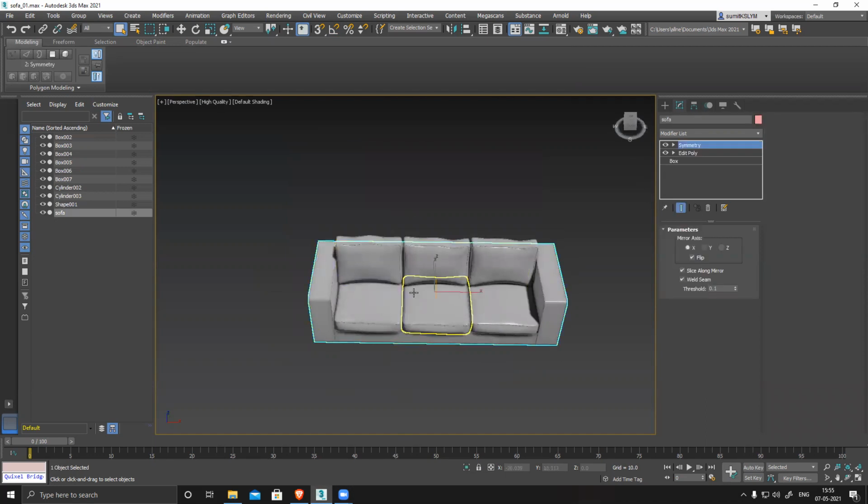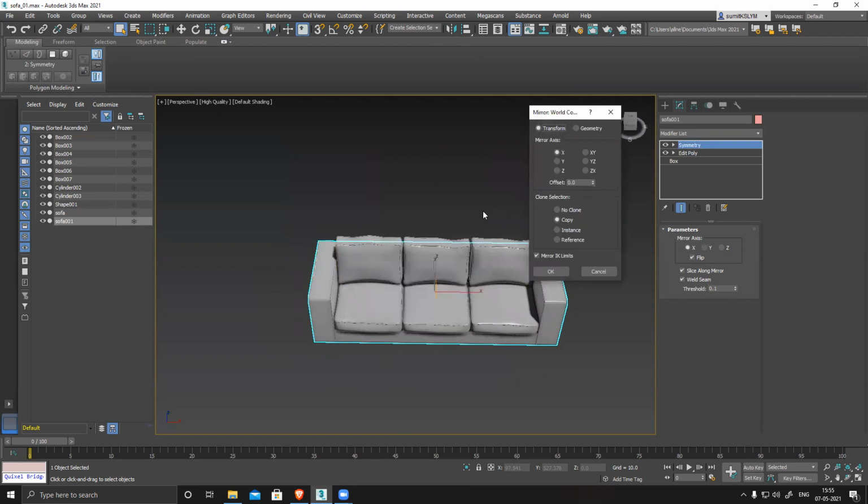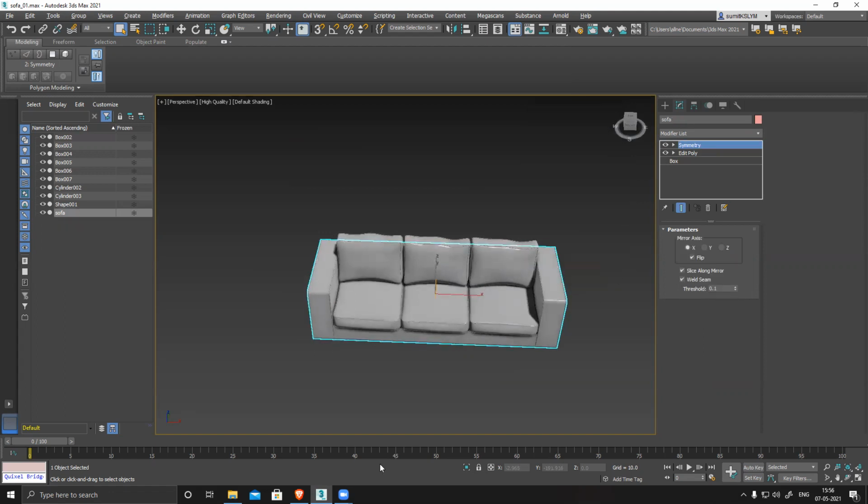If you want to mirror, select the model, click on this mirror, and now here you have options like what you want to do: copy, instance, reference. Copy is basically a copy of the same model. Instance is basically a duplicate of the same model, but it's an instance. If you modify one, the other object will also modify automatically. And reference is just a reference. So if you want to modify this thing in two directions, you see X and Y, X and Y. It will flip and create that direction. Z, and this thing I'll show you on something simpler.